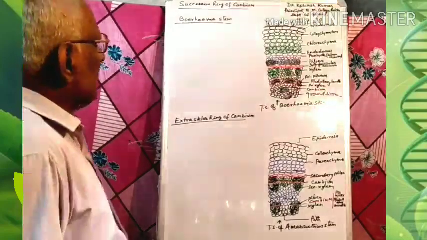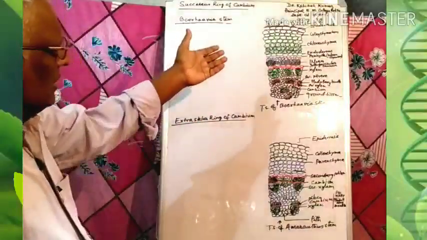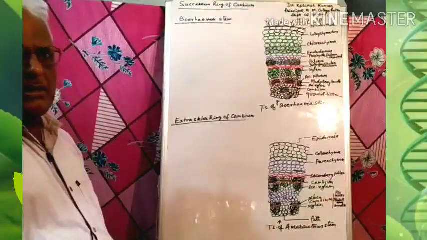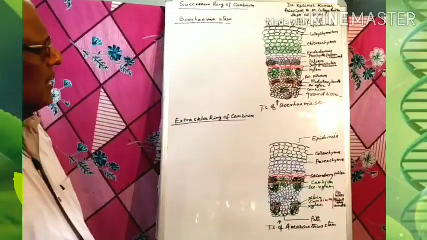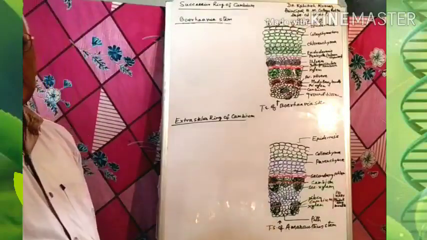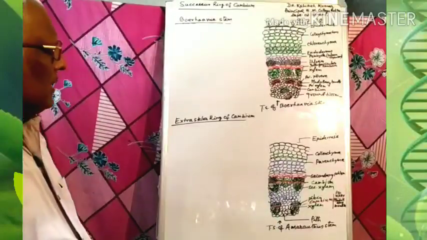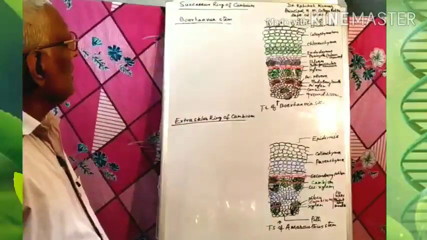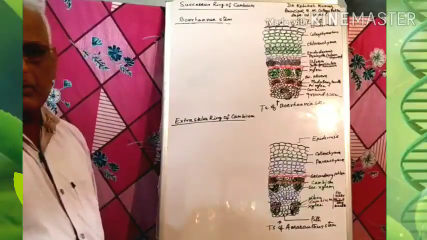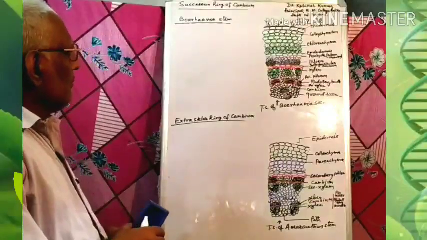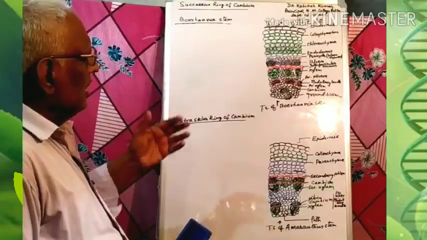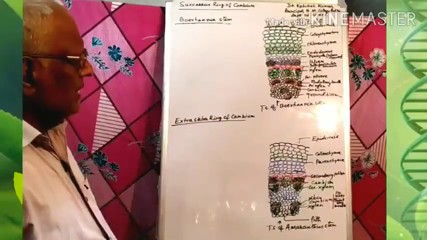The cambium rings form one after another, and each of the cambium rings produces secondary structures, that is secondary xylem and secondary phloem. So first of all, before coming to the anomalous secondary growth or secondary growth in Boerhaavia, that is non-stellar, we should know the primary structure of the Boerhaavia stem.